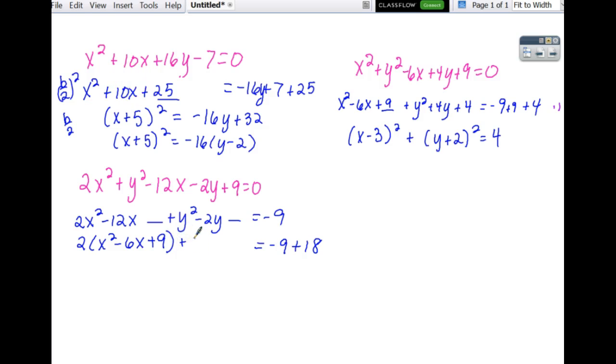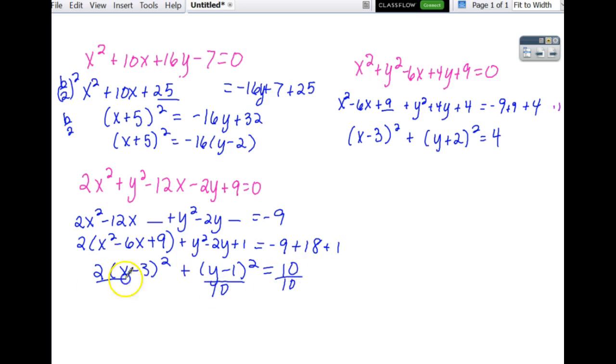And so here, I'm going to go ahead and complete the square. So negative b divided by 2 is negative 1 squared gives me 1. So here I have 2 times x minus 3 squared plus y minus 1 squared. And on this side, I end up with 10, right? 9, 10. So what makes it an ellipse? What do I have to do last? This side has to equal 1. So I'm going to divide by 10. So when I divide through by 10,